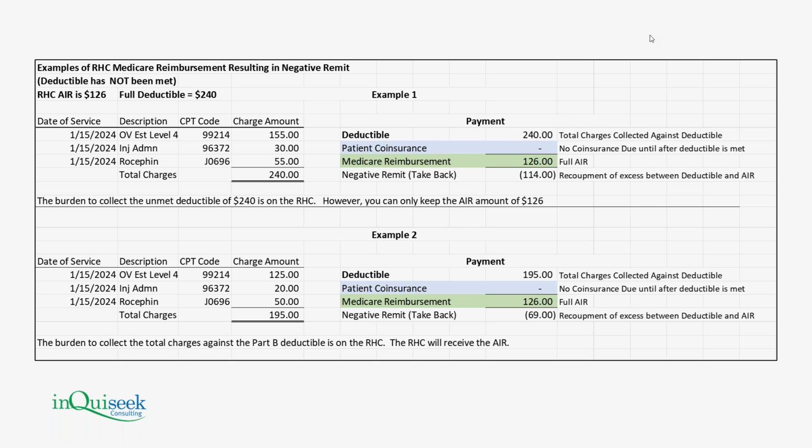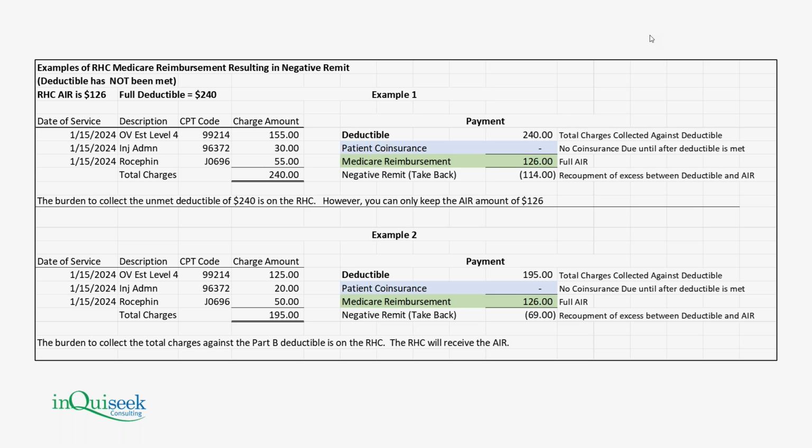But as you can see in the green line on the first example, we're assuming that we are an independent rural health clinic. We haven't gotten our new 2024 rate yet, so we're still going to use the 126 as the upper payment limit. And so Medicare is going to ask us to give them back